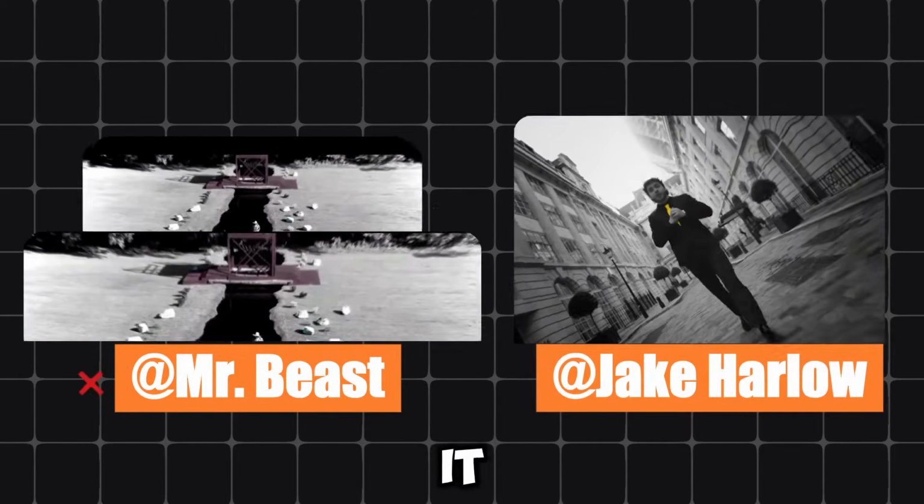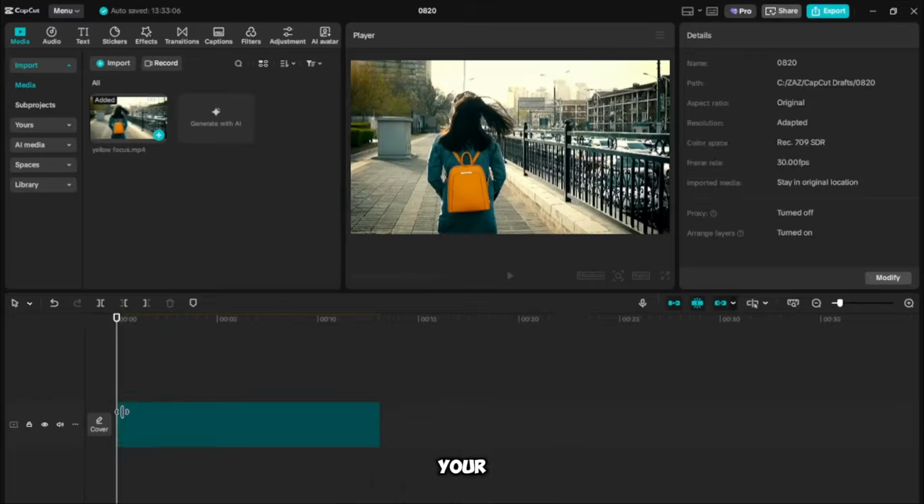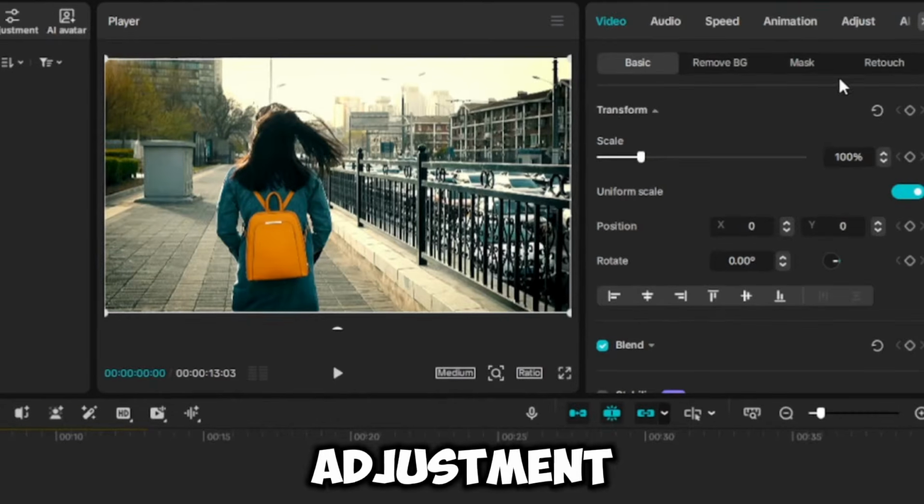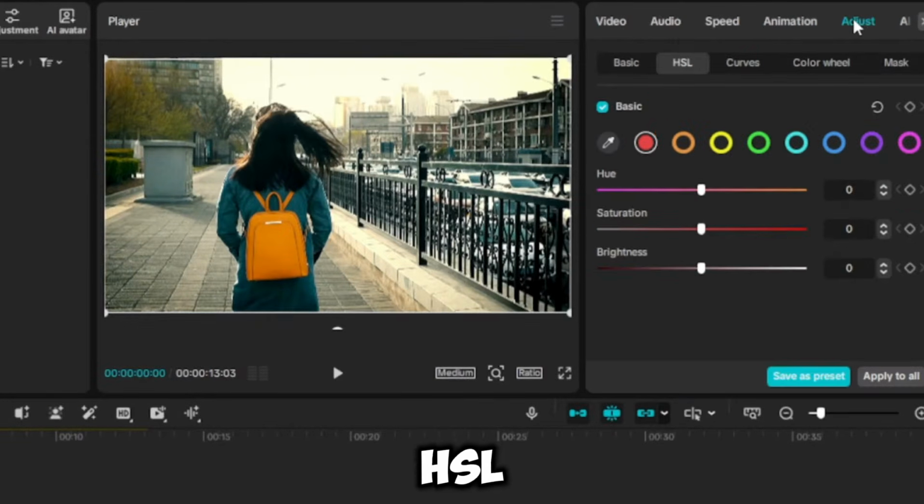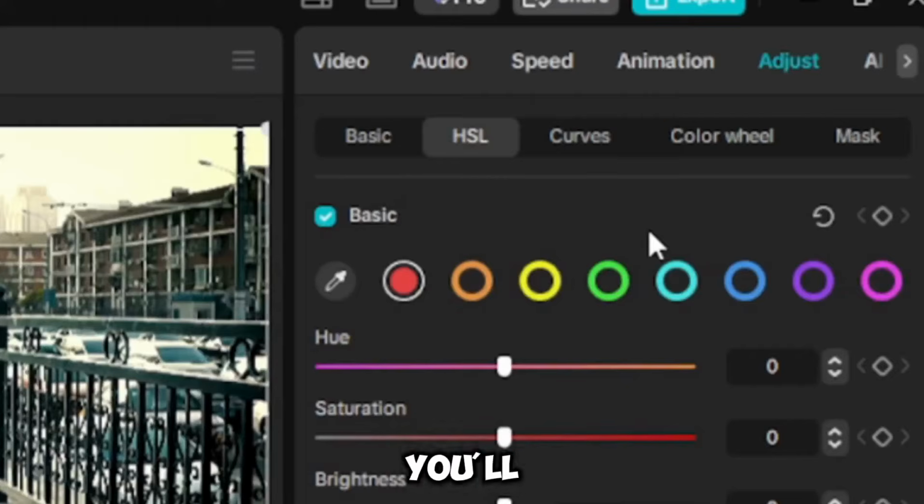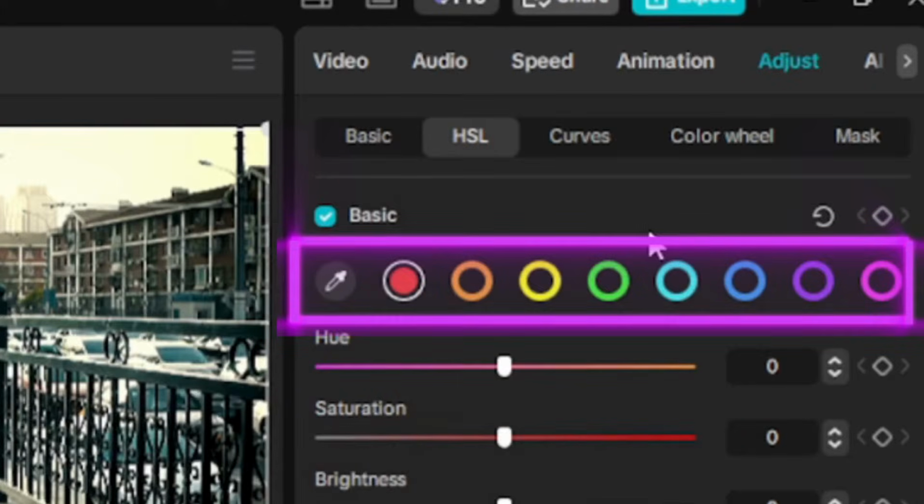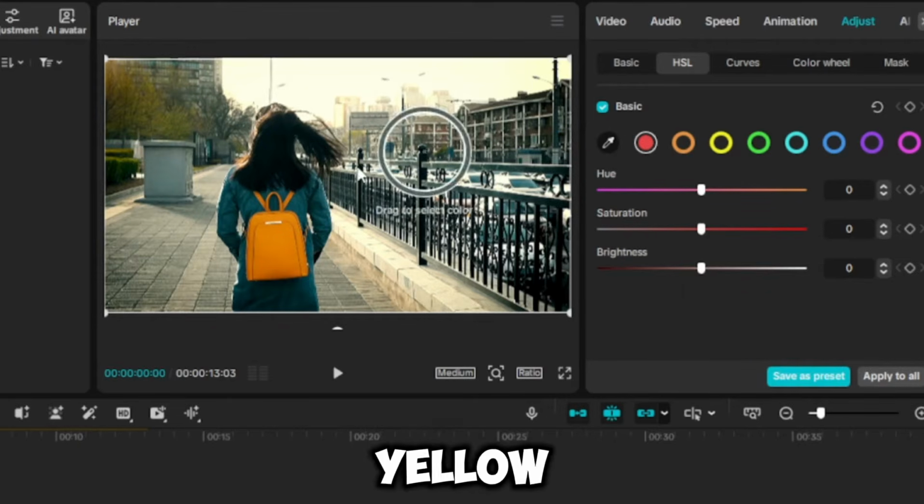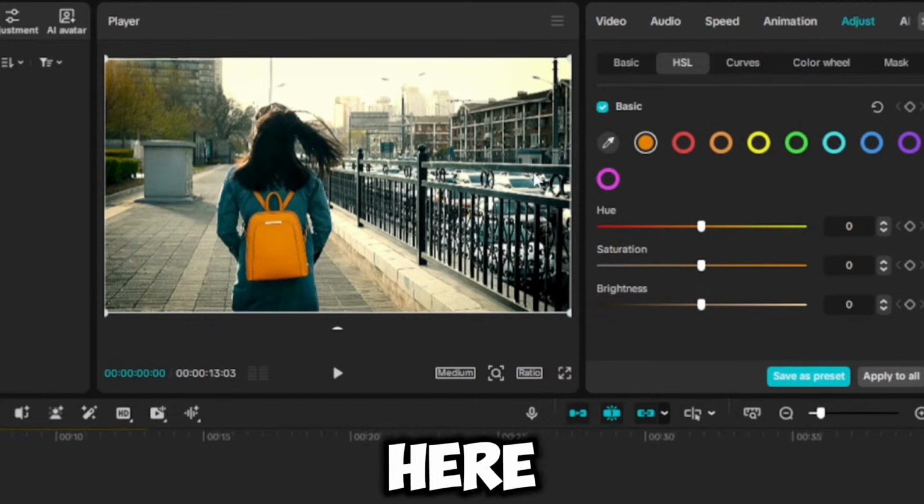To create it in CapCut, first import your clip and place it on the timeline. Then open the adjustment section and go to the HSL tab. Here, you'll find different color sliders. Select the color you want to highlight by using the dropper key. For example, the yellow bag is what we want to highlight here, so with the dropper, we'll select the yellow